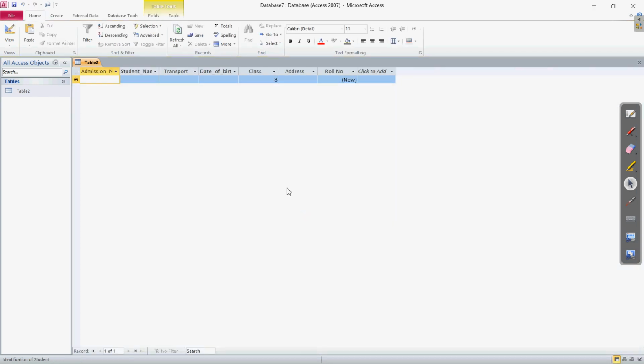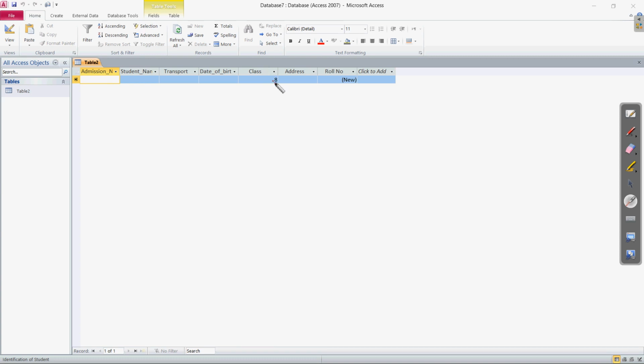In this datasheet view, whatever entries we make now, every time the class will be 8. Here, let me use the marker. As you can see, the class default value is 8. Whatever the number of rows, that is the records, you enter, rows are also called records in the database.